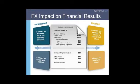It's critical to, at minimum, make sure that you understand what those exposures are so you can determine, based on our earlier webinars, what your risk is and your comfort as an organization on your risk tolerance. If you go to the right side, there's a business decision based on your understanding of your exposure and your risk as to how, and in fact, whether or not you actually want to manage that risk. So when you're managing the above-the-line exposures, those are going to be looking out at forward-looking cash flows, 12, 18, 24 months, trying to understand how those things are going to be impacting the organization in the currencies that you